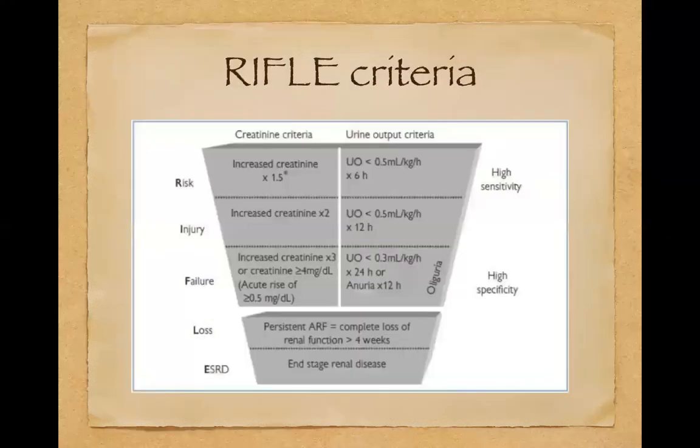Okay. And then the RIFLE criteria is also another way to objectively define or stage your AKI. So RIFLE stands for risk, injury, failure, loss, and E for ESRD. So it's also based on your creatinine criteria as well as urine output criteria. And in the very mild stages, you basically have a risk for AKI, and that's basically based on your creatinine and your urine output shown there. And then as you go further down, you get your injury, your failure, your loss, and your ESRD, which is your end-stage renal disease, which is basically present for more than 3 months. So that's another way that you can basically classify AKI based on that.